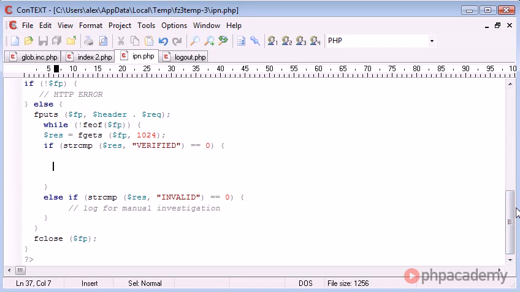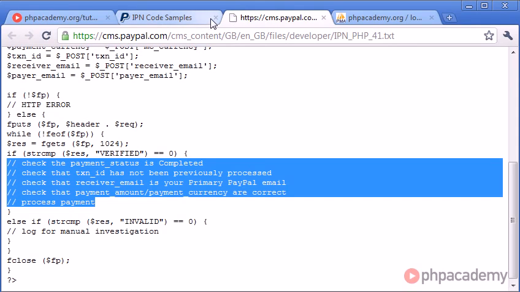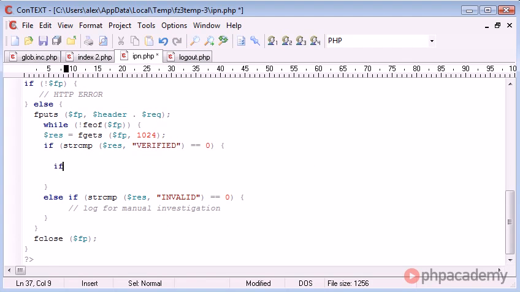So now that that's out the way and done with, we want to start to process the payment that we get back. Now if we look over in our code sample here, I'm going to keep this up, but I'm just going to get rid of this PayPal page. The first thing that we need to do is check that the payment_status is completed. Now this is obviously a simple check. All we need to do in here is say if payment_status equals, remember double equals,